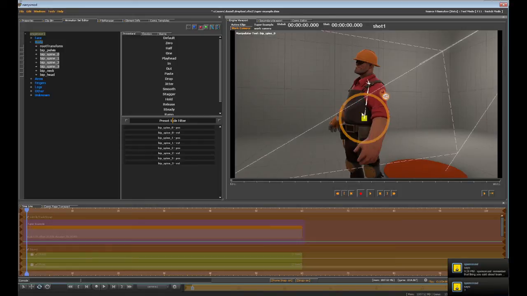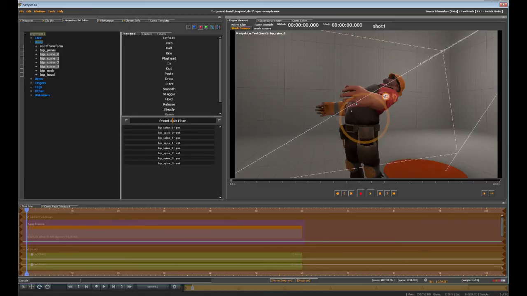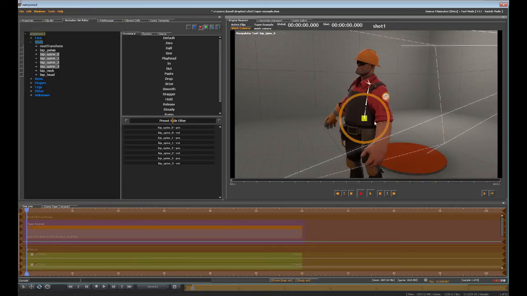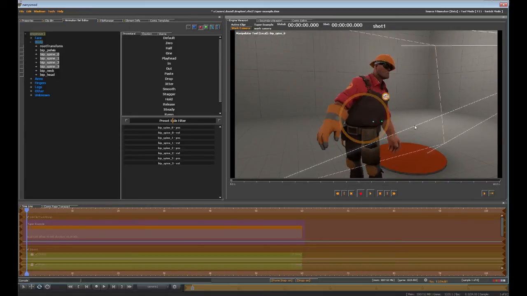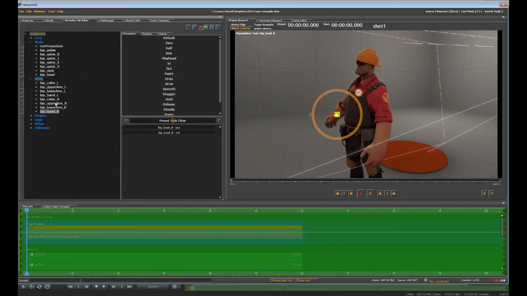Anyway, so basically, it allows you to create very nice bends like this. So this is just an example on the spine. I haven't actually tested it on the arm, so let's do that. So if I select the right arm,